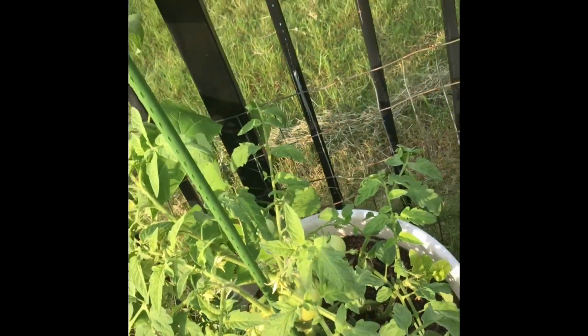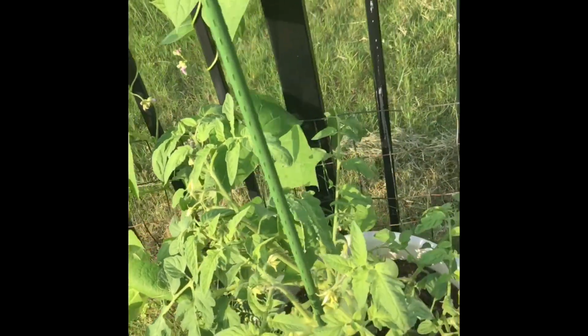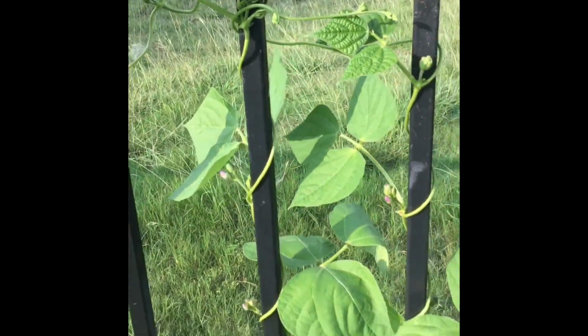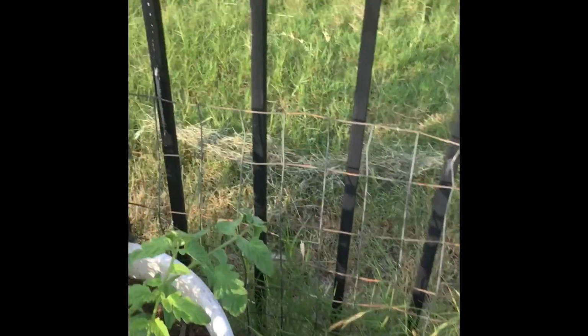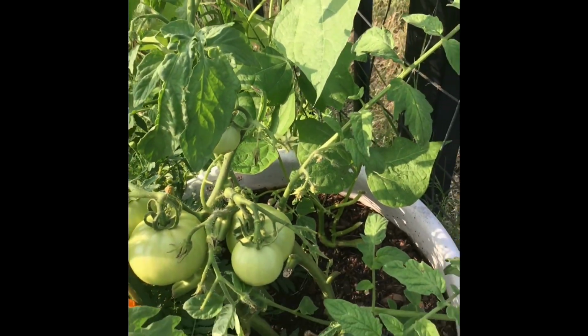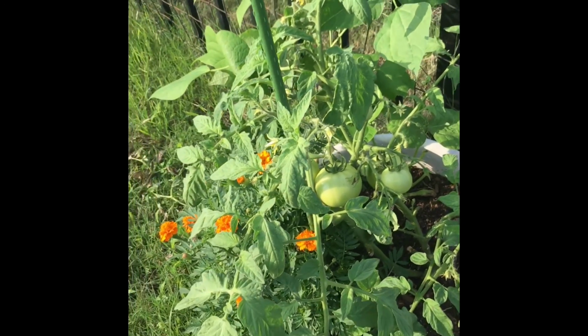It's growing so well. So here we have marigold, tomato, and beans, and the beans already are flowering, which is so exciting, as you can see. And I have some bigger tomatoes here. This is summer sandwich. I did not grow this from seed. I bought this from a local